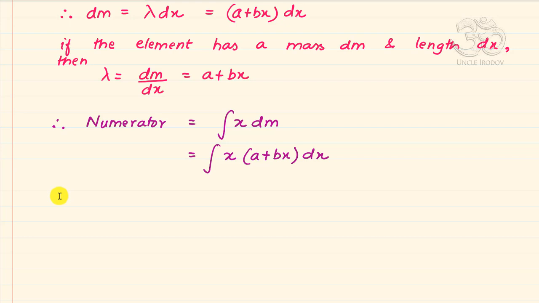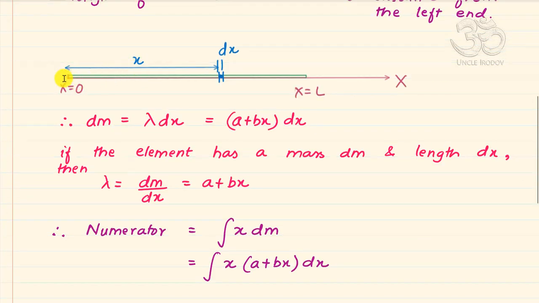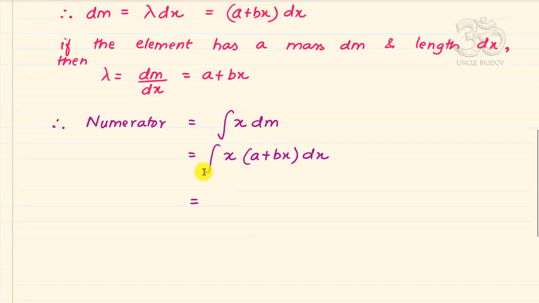And I will have to find out this integral, and what are the limits that I take. The limits for this integration will be always from the least value of x to the largest value of x, because here the variable of integration is x. So the least possible value of x is 0 when I am taking the element at the leftmost end, and the largest value of x is L when I am taking an element at the rightmost end. So the limits will be 0 to L,